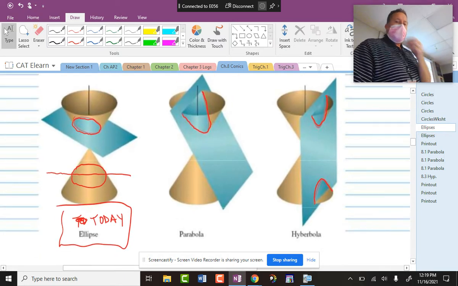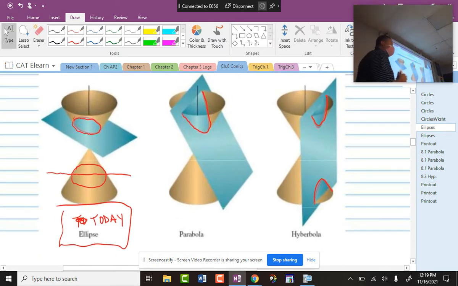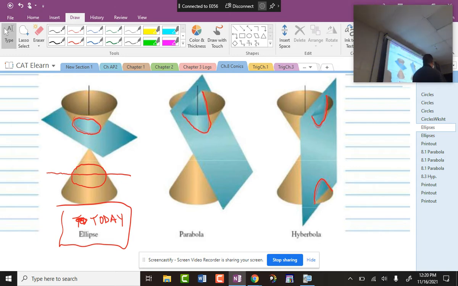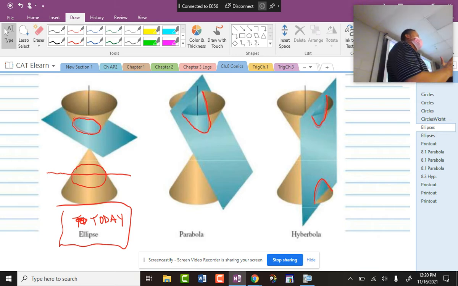If we cut through the top like that, that's a parabola. We're going to look at parabolas a little differently. And actually, we're going to have parabolas going right and left. So that is something that we're going to have a little different than our other one. And then weirdly, when I take one cut straight through the top and bottom, it looks like I have two parabolas, but that's actually called one hyperbola. So again, I'm just showing you this to show you why they call it conic sections. They're cuts from cones,